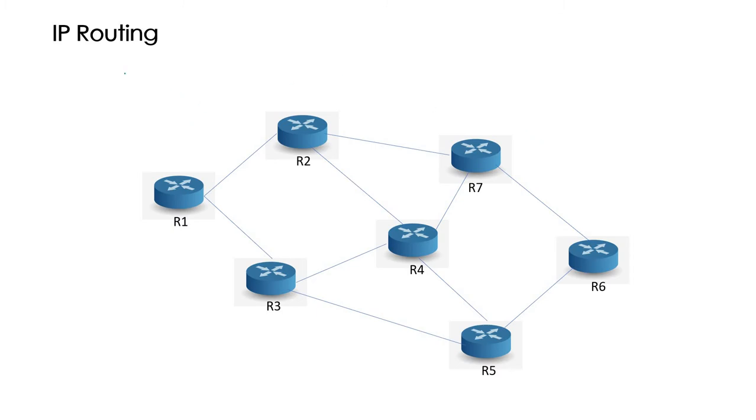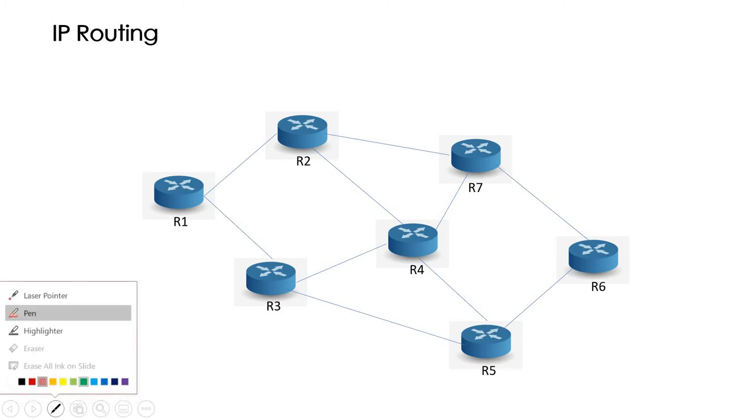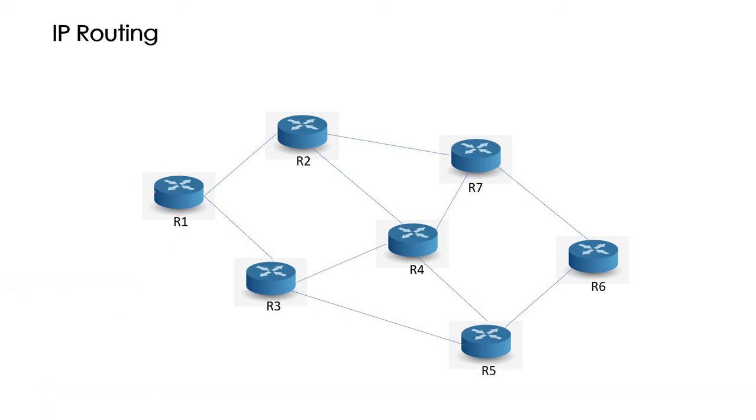So first, I just want to tell you about the IP routing. So what happens actually, let me take one example. Suppose this is router 1. Here we are having one network. Network means that we are having one switch. Here, this is switch. And from that switch, there are multiple hosts connected, right? Multiple computers can be connected. There can be n number of computers.